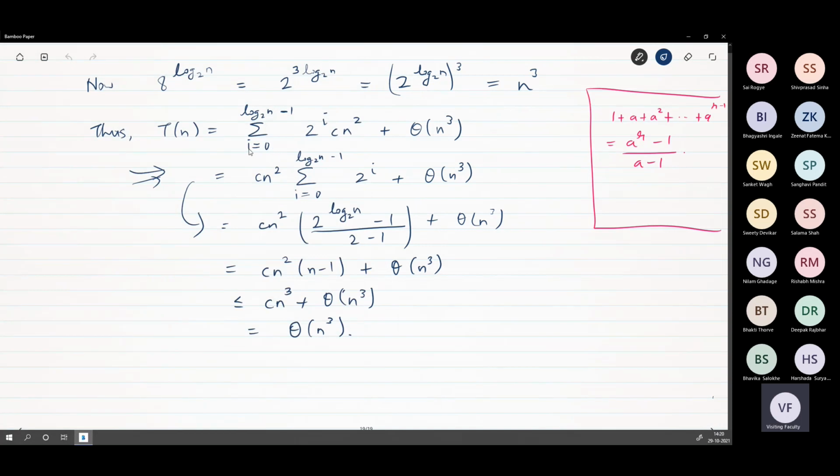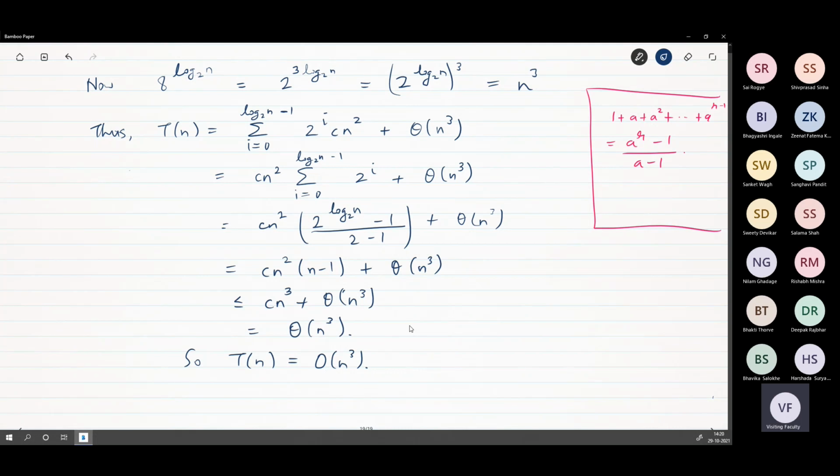Even master method gives us the same answer. Thank you. Answer cannot be different. You understand? It has to be the same answer. Okay? So T of n is less than or equal to theta n cube, and therefore you can simply write T of n is big O n cube from here. But master method always gives us theta instead of big O. We have seen that. That is okay. That is not a big problem. What we are more interested in is understanding it is n cube and not something else.